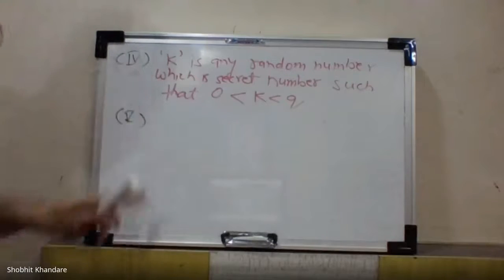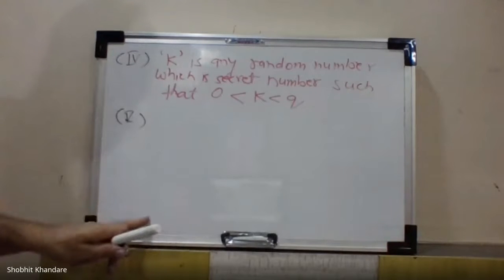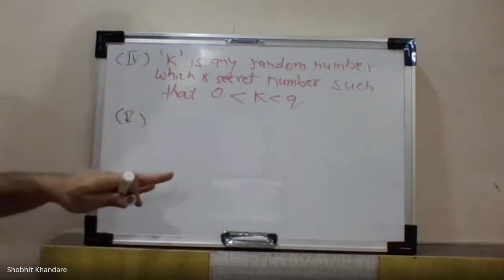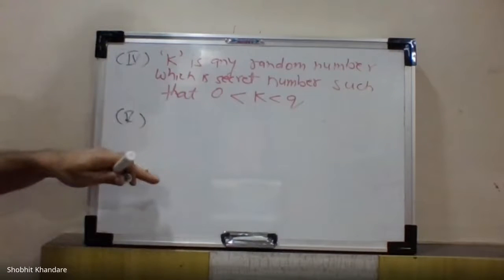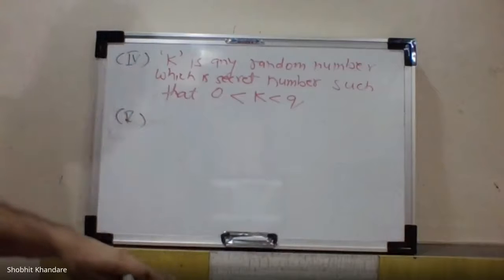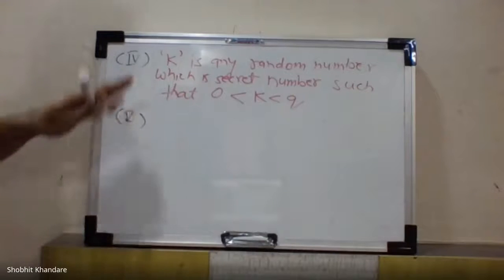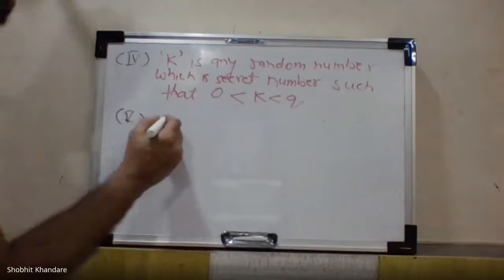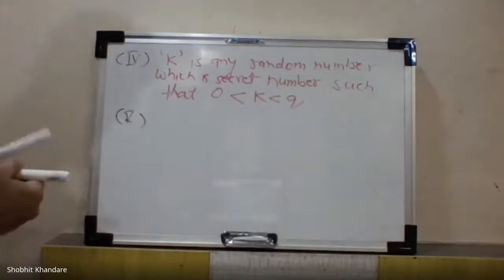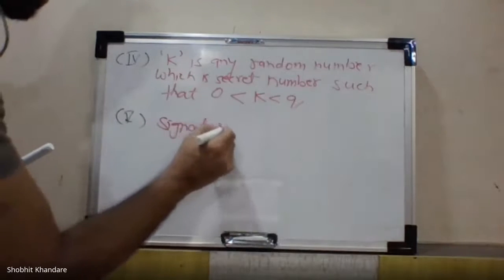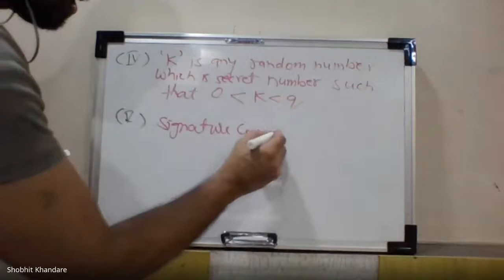See, this is called an algorithm, a step by step approach. We will take the fifth one first, we cannot take the first one second, it will not work like that. Because to get the second, you have to derive the first. If you want to get the third, you have to derive the second. If you want the fifth, you have to derive the fourth. Okay, so we are going in the sequence. Number 5 is called signature components,